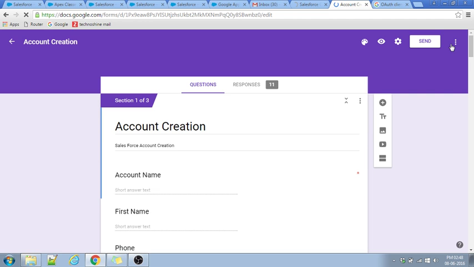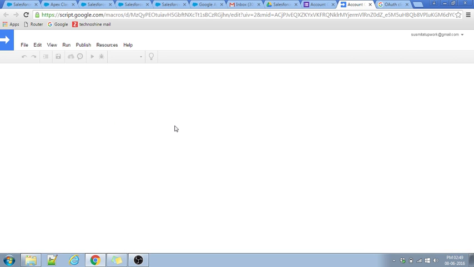Below the page complete. Yes, it is done. Now if we click on these three dots, you can see that script editor is there. So we'll go to script editor, and the script will open in a new window. For each and every form we have written that many scripts. So in this script